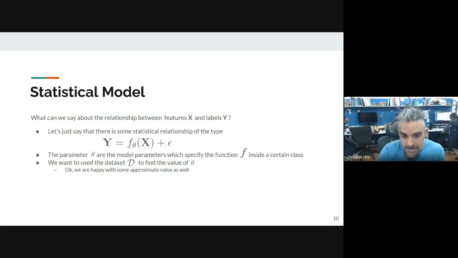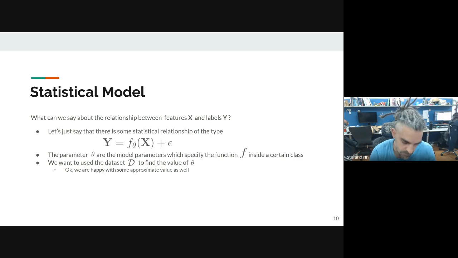Okay, now we have to discuss this theta. What is this theta that we have? We expect this f to belong to a family of functions. Okay, and we expect that this family of functions is determined by a certain set of parameters theta. So imagine that you have a linear function, y equal to ax plus b. In this case, by changing a, you change the mapping between y and x. So you assume that there is a set of parameters theta that changes the behavior of f, and you want to determine this set of parameters.